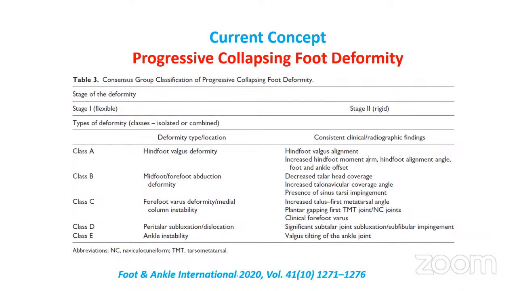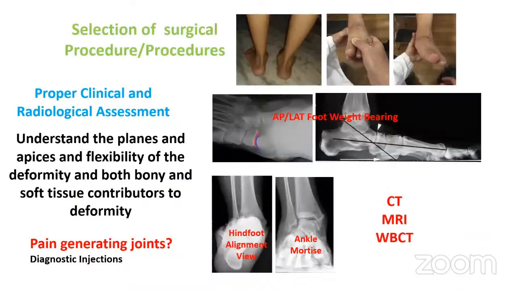So you could have a patient who has flexible hindfoot valgus, but would probably have a rigid midfoot, or a rigid or fixed class C. So in those cases, we can classify this as a patient who has a 1AC with a 2D or something of that sort. That's how we are able to arrive at the treatments for these patients. So the surgical procedure selection is always based on that.